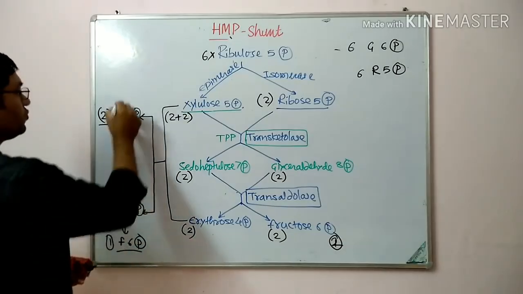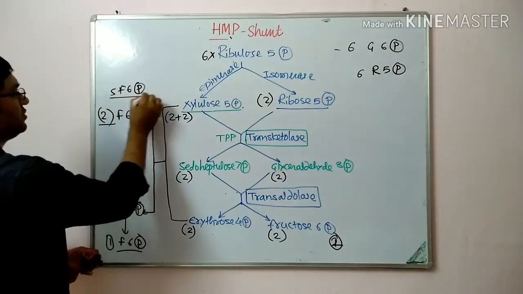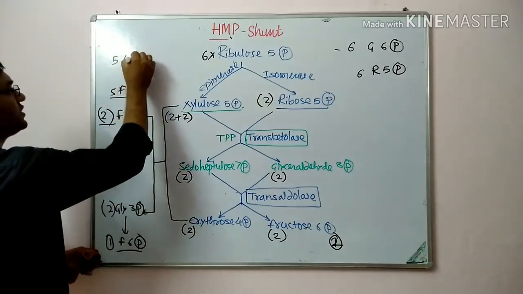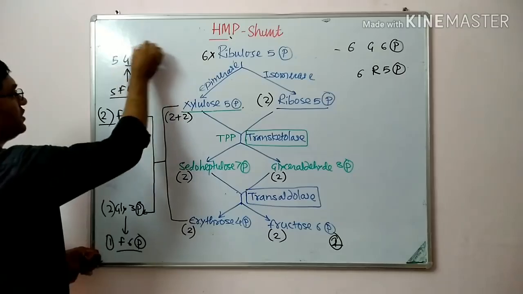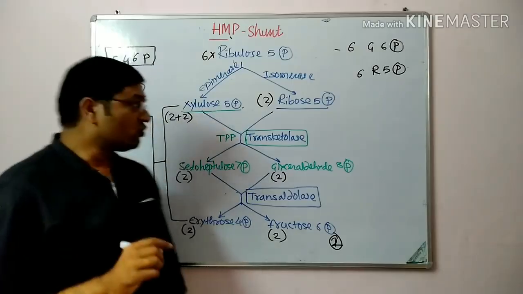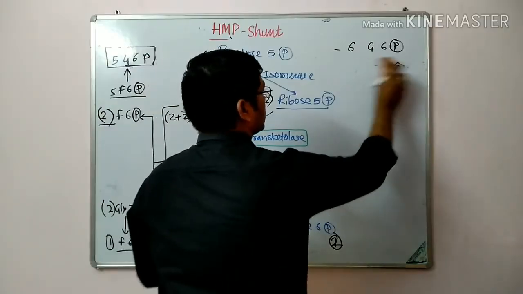So these 5 fructose 6-phosphates ultimately give 5 molecules of glucose 6-phosphate. So there is regeneration of 5 molecules of glucose 6-phosphate. If you see the overall reaction, there is involvement of 6 molecules of glucose 6-phosphate